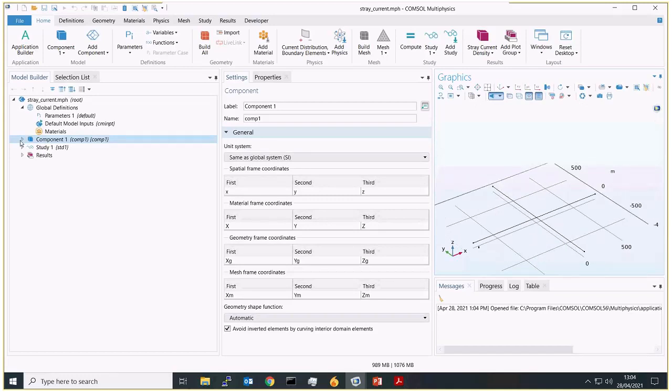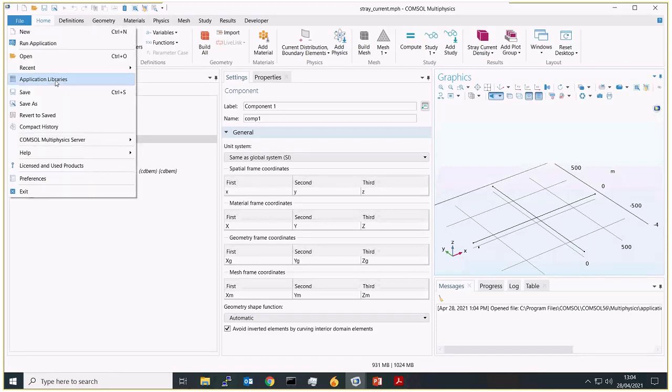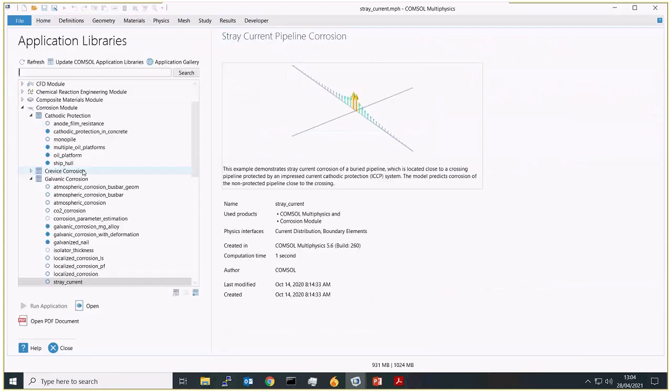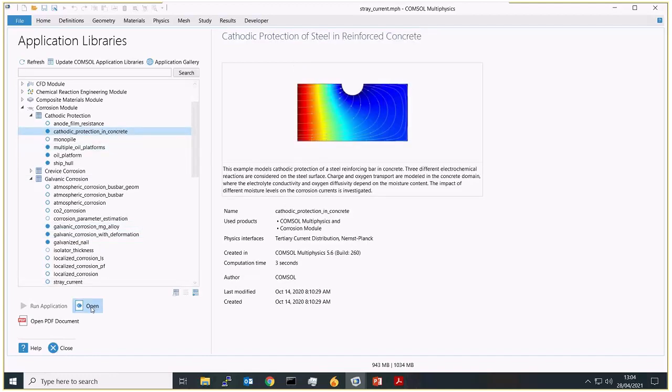Okay. Yep. Thank you. The next question is from Orvish Wala again. Can we use this software for an ICCP system in rebar concrete construction? Yeah, I don't see why that would be any different from the other ICCP simulations. We do actually have cathodic protection in concrete as an example here.